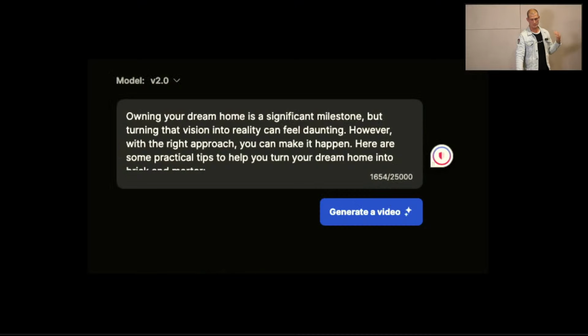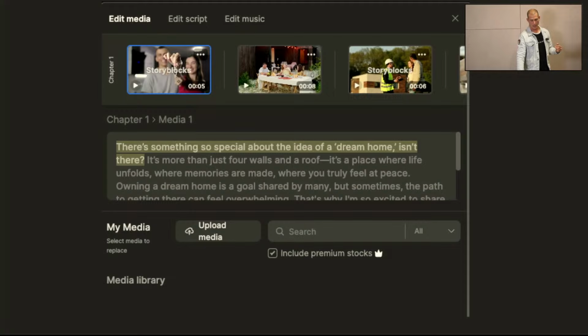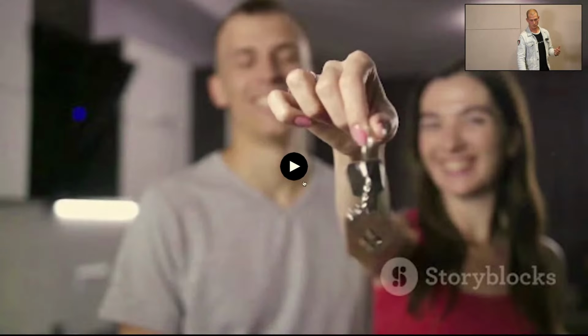So what you have to do is basically chucking in the script, and within a few minutes it has pulled different footage from different stock footage libraries. You can also modify the script. You can have it with a voice overlay, and unfortunately no, the Kiwi accent is not available. You can change from male to female, British to American. You hear a couple of different examples of voices here in a second.